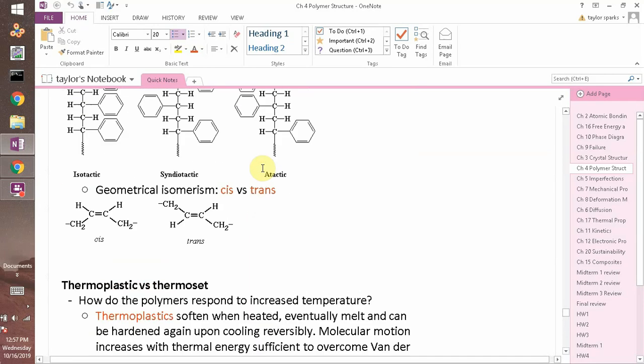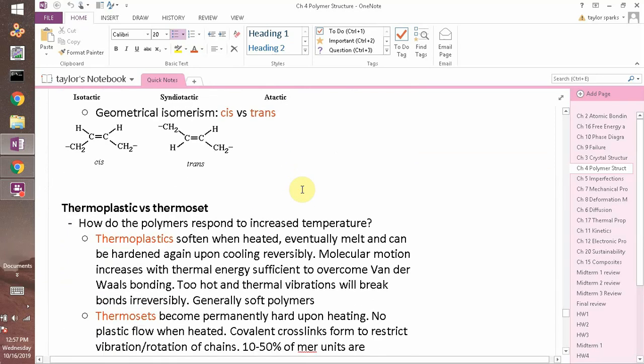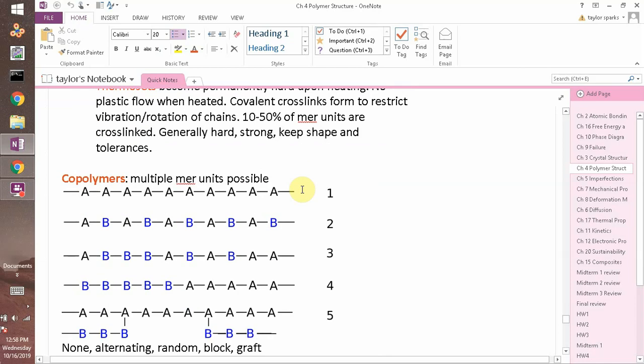So we left off last time. We didn't quite finish polymers. The last thing we said is it turns out there's a ton of different ways to make a polymer. Just because you have polystyrene, you have to think about the length of the chains. And if you've got a side group, are they all on the same side? Do they alternate? Is it totally random? If you have more than one monomer, how are they grouped? Do you have a big block of the B monomer followed by a big block of the A monomer? Or do they alternate? Or are they random? Or do the B's branch off and the A is the main chain? All of these different options are possible,